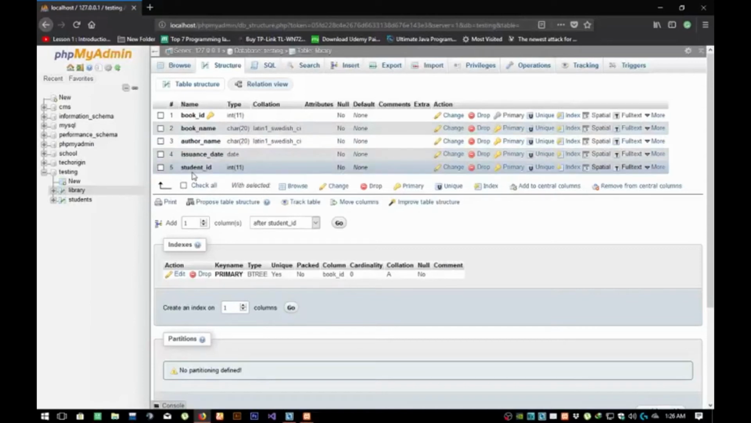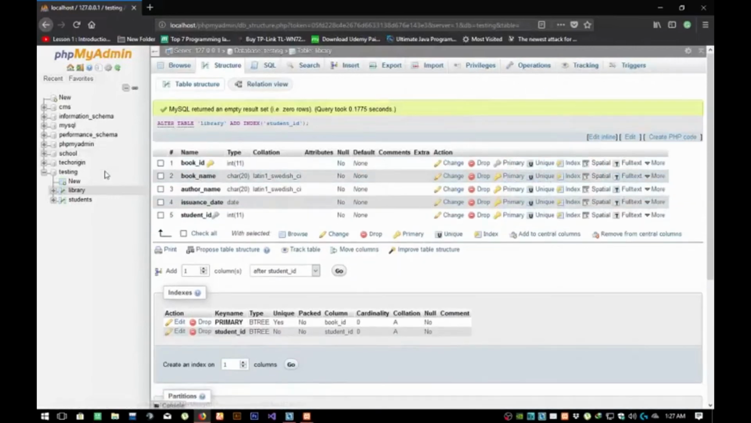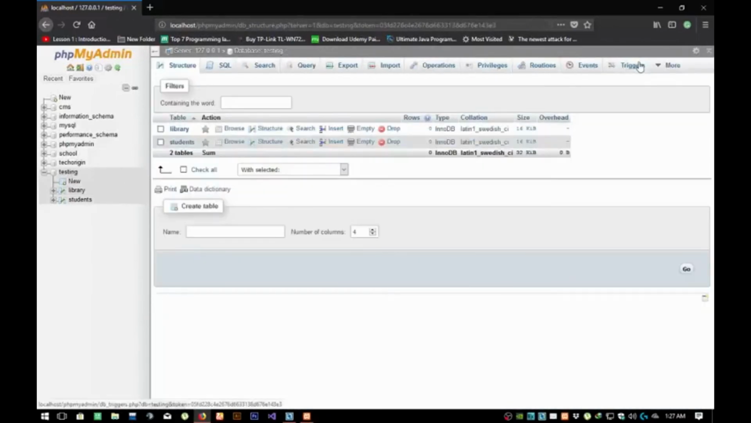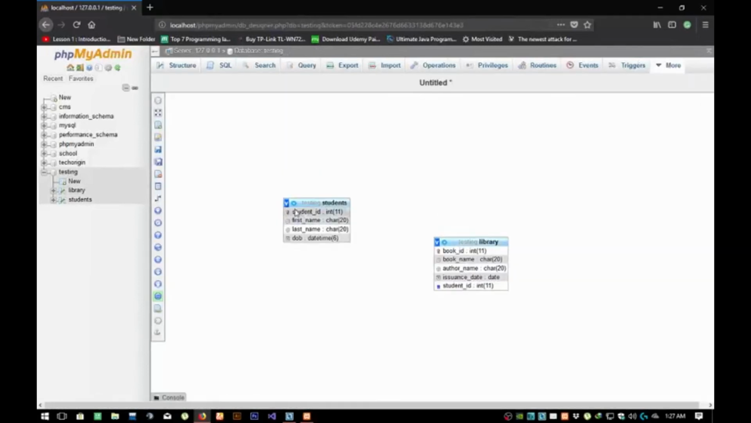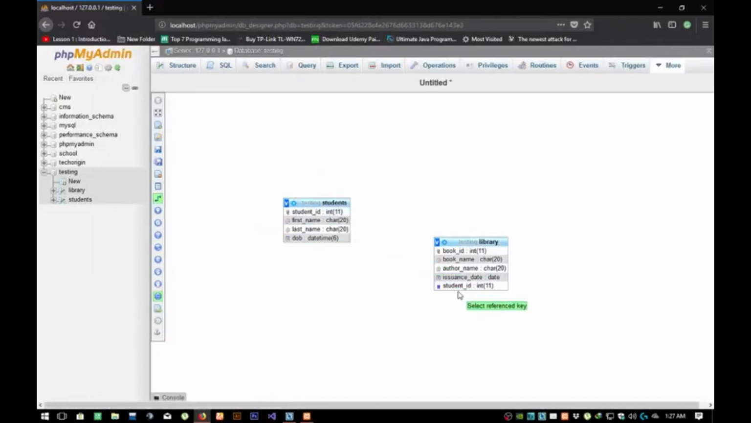Now it's time to make a foreign key of the student table in the library table. First click on index to make a unique index of this table. Now it's time to click on the designer view. Now it's time to make a relationship. Select the reference key. This must be primary key